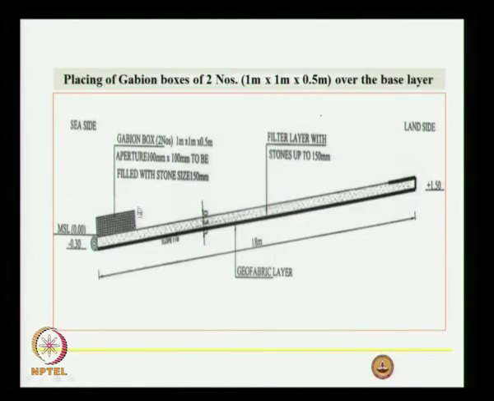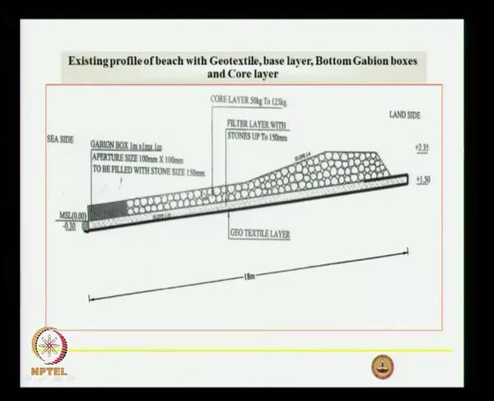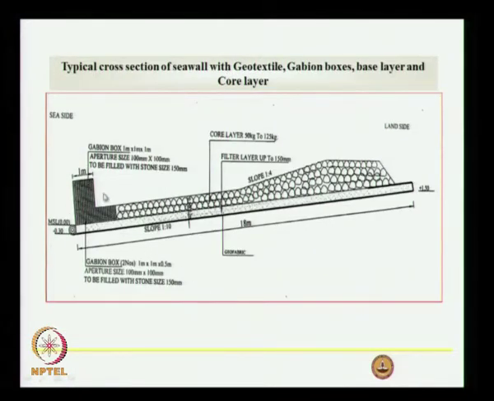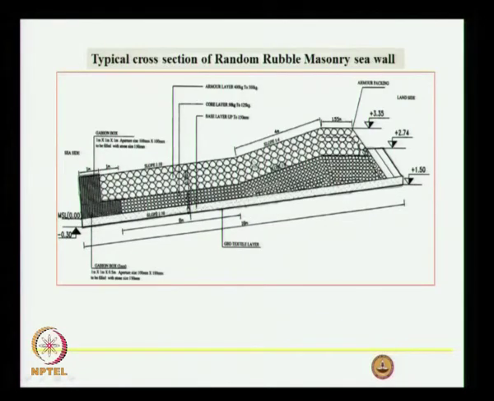Then we place the gabion box of 0.5 meter height, then next you put the core stone, next you place another gabion box, and next you place the armor stones. This geotextile filter you can take down inside like this before placing the toe mount gabion box, and you can take it back like this so that it can be anchored, you can take it like this and like this also.